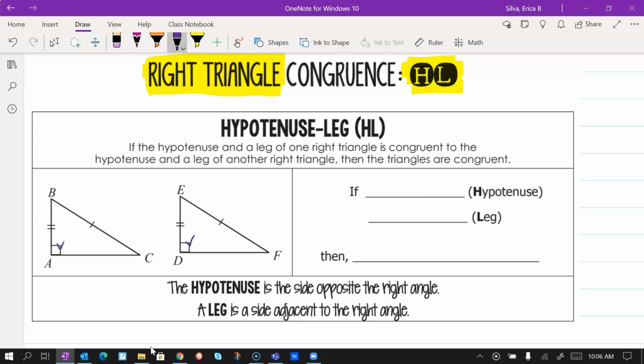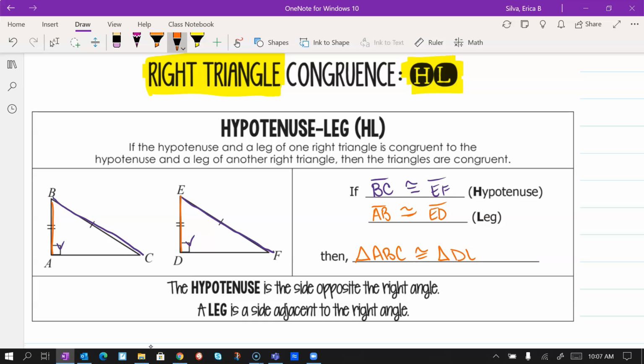And then if the hypotenuse, which is side BC, is congruent to the hypotenuse of the other one, which is EF, and one of the legs are also congruent, we've got AB congruent to ED, then we can say that the two triangles are congruent, which is triangle ABC is congruent